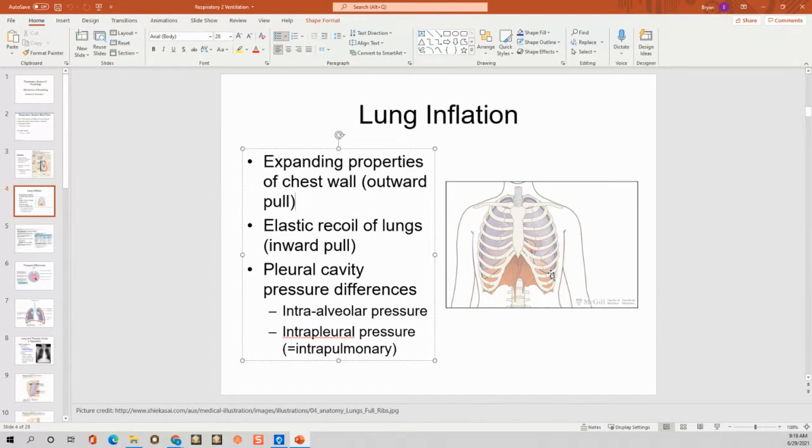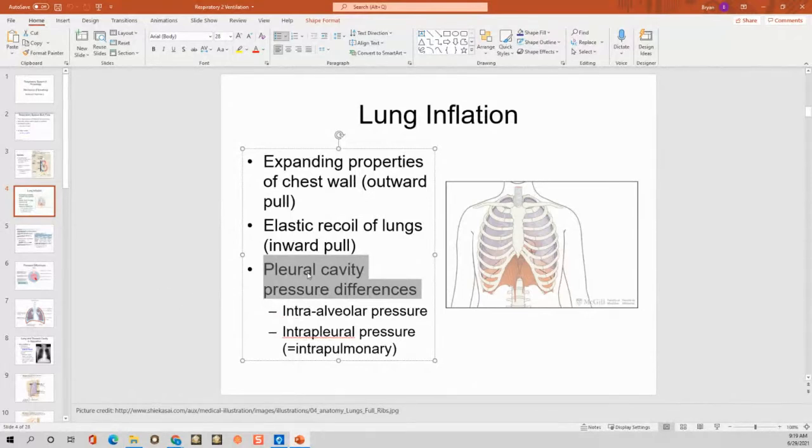It's not tied to your lungs. There's not an anatomical structure that's literally linking the two. There are going to be some pressure gradients and some liquid that's holding it in place. It's crazy. So the last bullet point we're going to have to go through and really discuss by breaking down